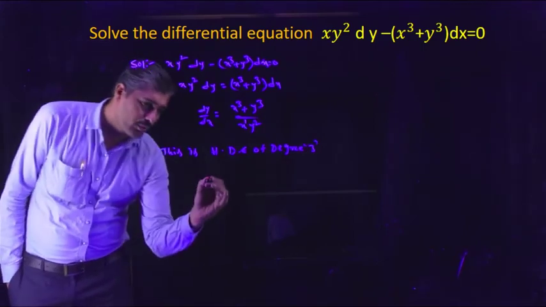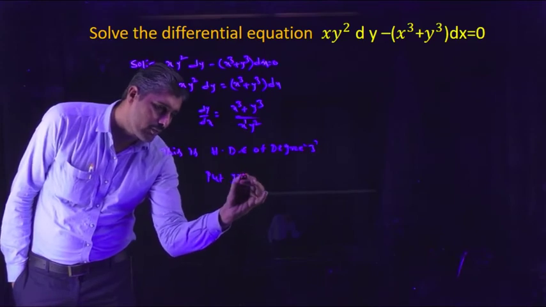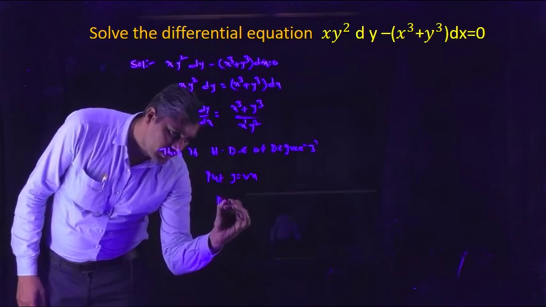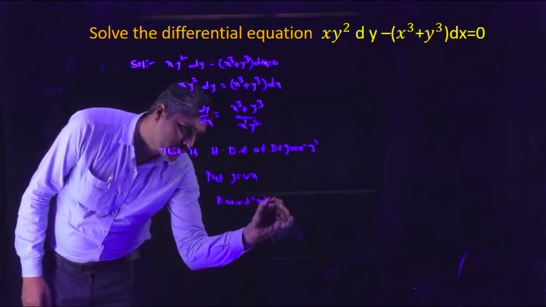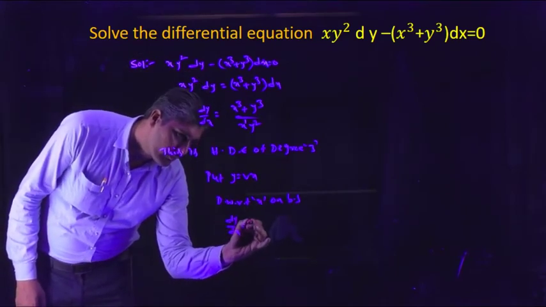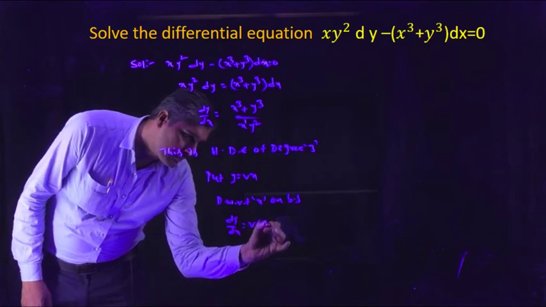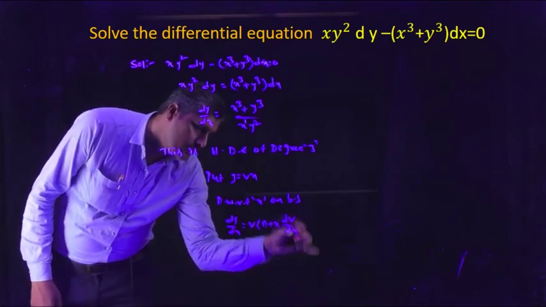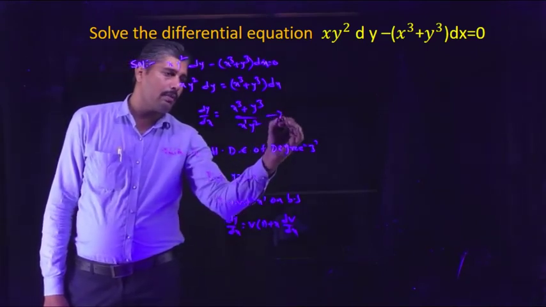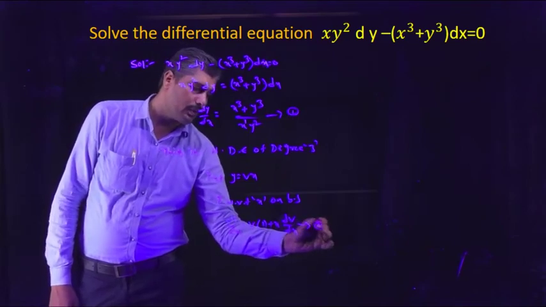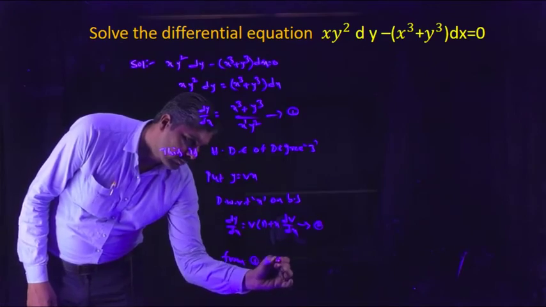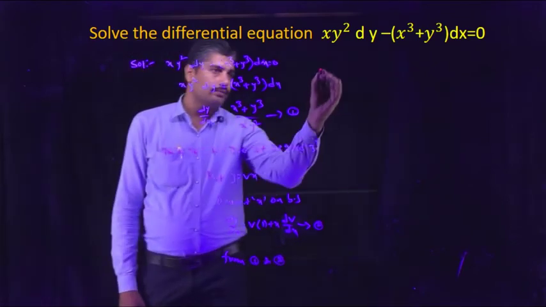We take the hint, put y equal to vx. Derivative with respect to x on both sides. Then we get dy by dx equal to v plus v into 1 plus x into dv by dx. This is common to every problem. Therefore, this is equation number 1, this is equation number 2. From 1 and 2,